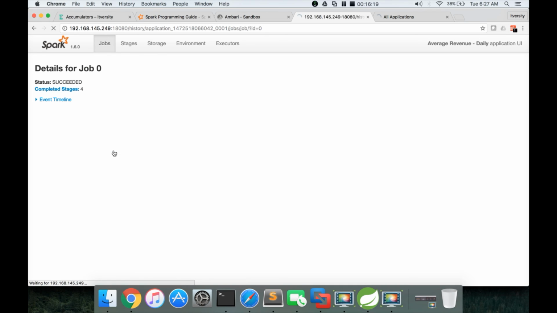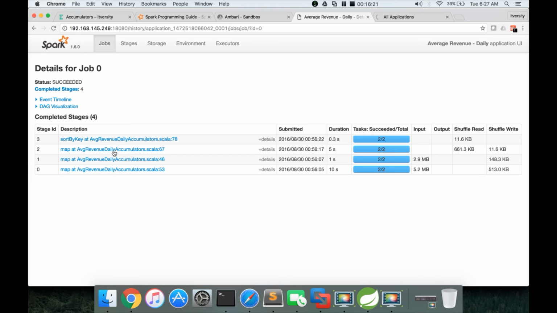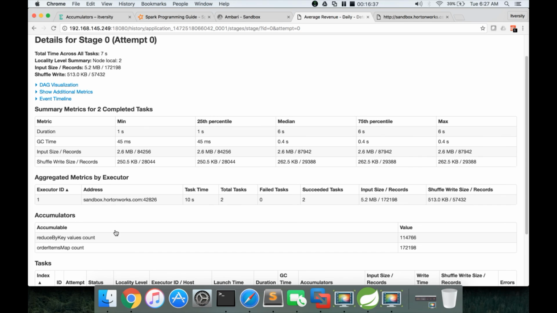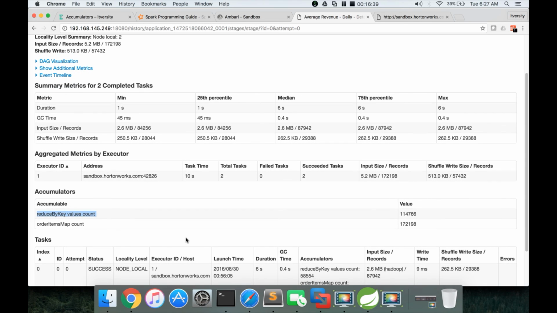Okay, and you can click on the first one, and then you can see different tasks as part of job 1, and as part of job 2, it tries to write the output to the text file. And you can click on any of these tasks and you can see the accumulators here. Okay, so reduce by key is executed 114,766 times.